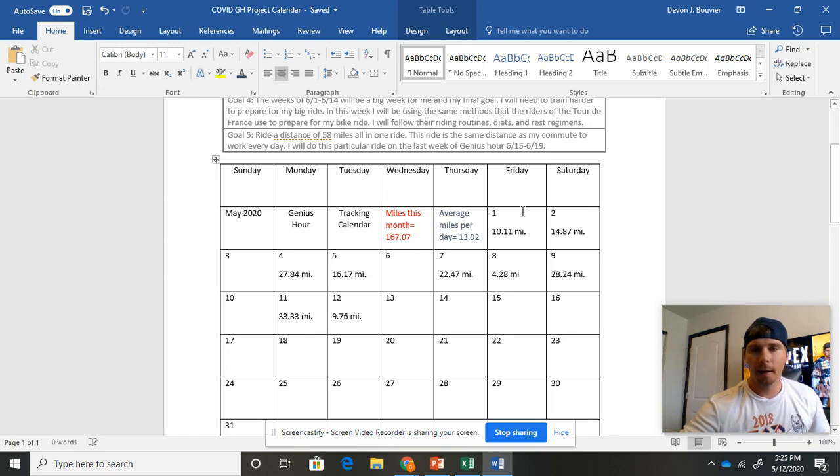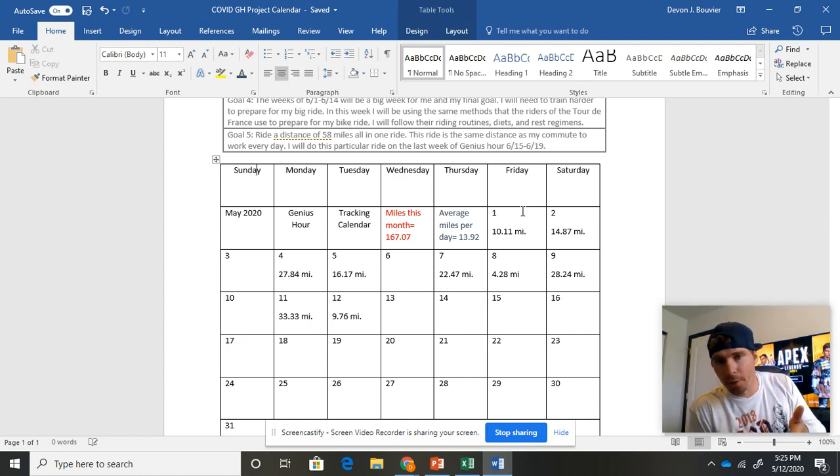And then since I have been running this project a little bit longer than you guys, you can see that the data that I'm inputting actually starts here on Friday the 1st. And as you can see, what I'm doing is I'm inputting each and every mileage from the rides on those particular days.